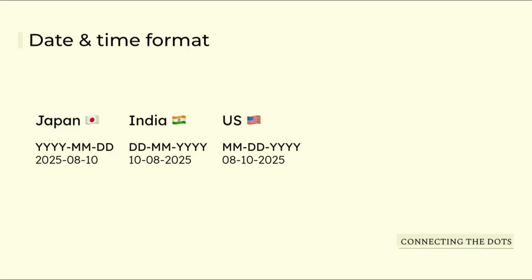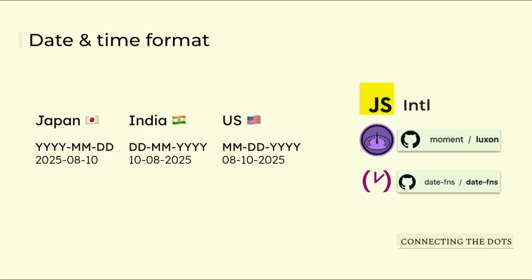So you can see how this can be quite confusing to users if your application is not being correctly localized depending on the region where it's being used. Dates are, like I said, really hard to work with, especially in JavaScript. Again, we have some open source libraries that can be used to simplify this. We have the native JavaScript API called Intl that can be used. But if you're looking for more utility-based solutions, we have Luxon and date-fns also, which are completely open source and can be used for localizing dates. So please check them out if you're interested.